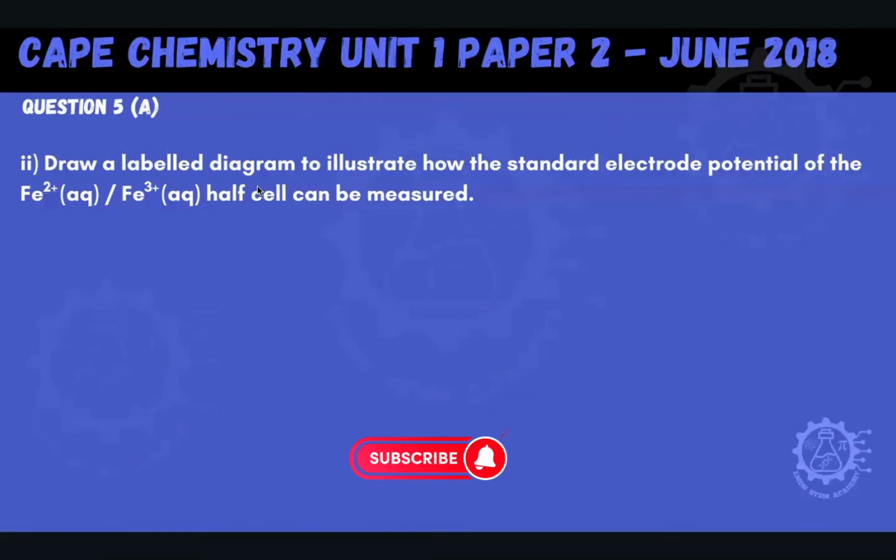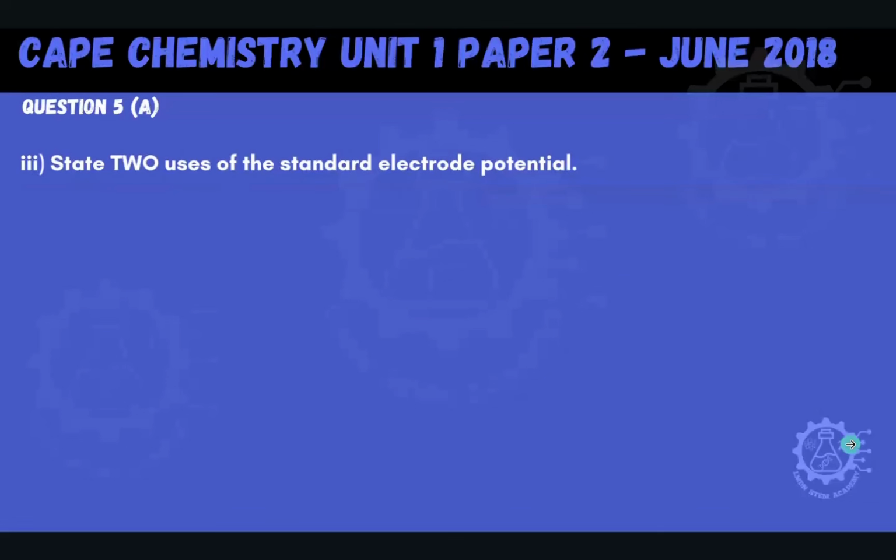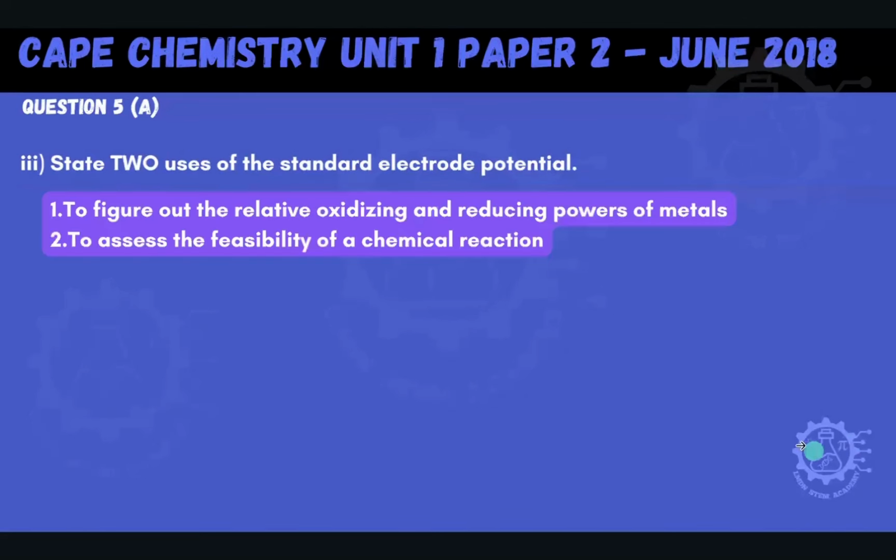The other part of this question is saying, state two uses of the standard electrode potential. So once you've gotten a standard electrode potential for a particular half cell of your liking, whichever one, there are two ways that you can use it. So we're going to state two of those ways here. The first way is to figure out the relative oxidizing and reducing powers of metals, right? And so generally, we know that the relative oxidizing and reducing power